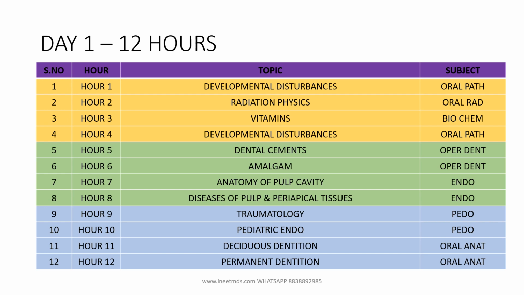Day 1 is a Sunday, so we have 12 hours of preparation. I have split the 12 hours into 1 hour each. For every hour there is a topic allotment and the corresponding subject is mentioned here, and for every topic you have to study only 15 questions. You can ask, for every topic there are many questions, more than 15. So how will you find out? You have to study only 15 questions.